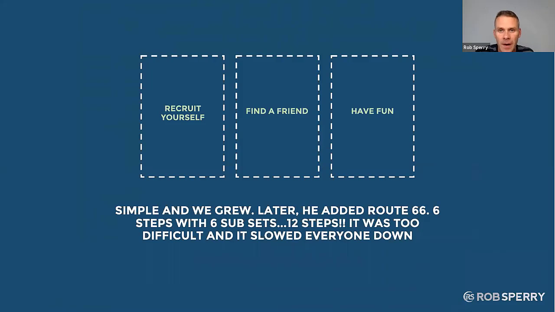I had to write them down on my phone. So I always had my phone because I was really nervous he was going to call me. So right when he called me, I'd just say, oh, yeah, it's this and this. I didn't know. Nobody knew. It was too complicated. So his system went from so simple, it became so good, it was bad.